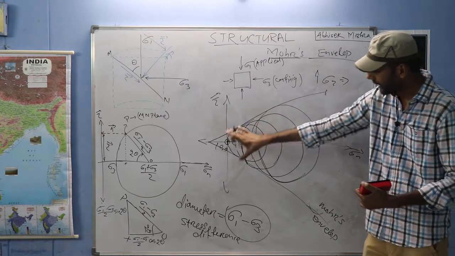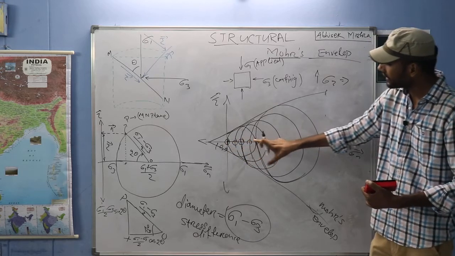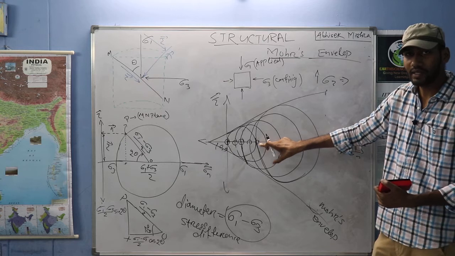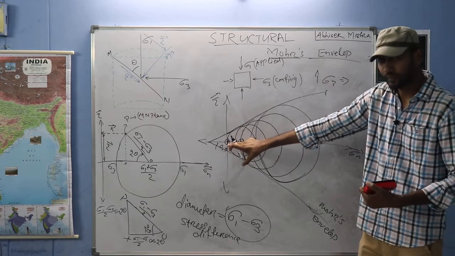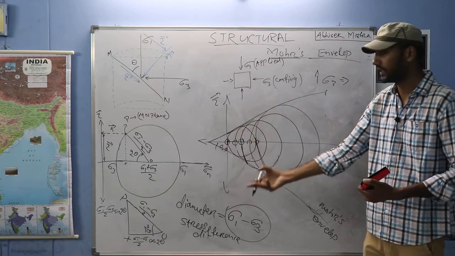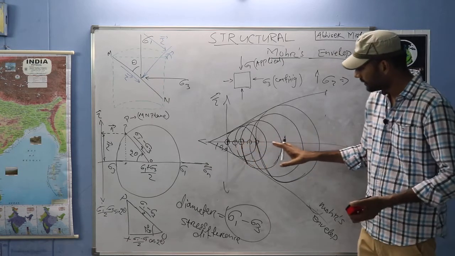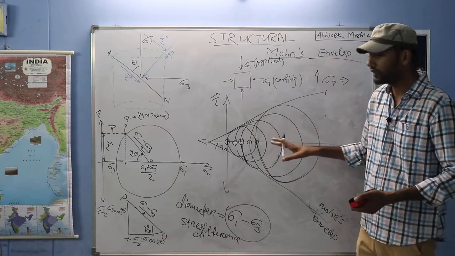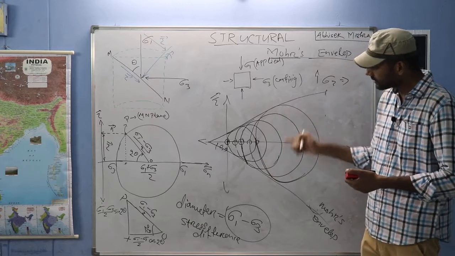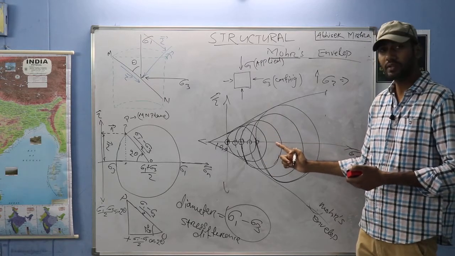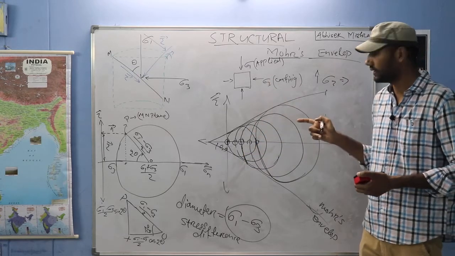So that means this envelope, this line, for the first Mohr circle, when sigma 3 is 0, sigma 1 is 10. If I make sigma 1 11, the diameter is increased, right? If I make sigma 1 11 with sigma 3 0, the material will fail, the material will rupture. For the second case, if at 5 it is absorbing up to 20, if I make it 21, then the material will rupture. That means if I increase the diameter of the circle, or increase the maximum principal stress, the material will break down at that particular confining stress.